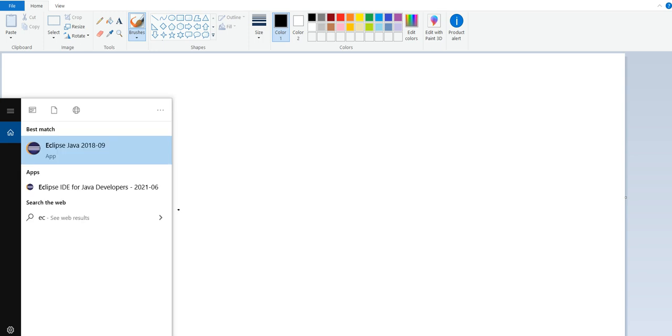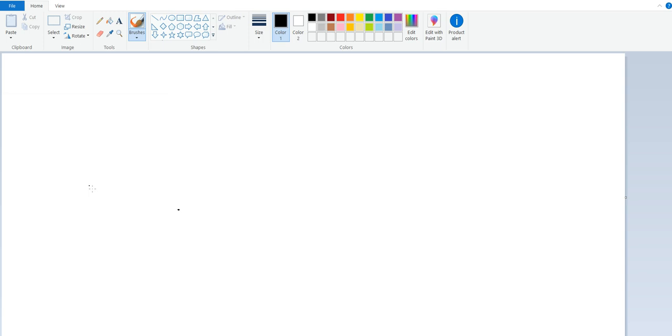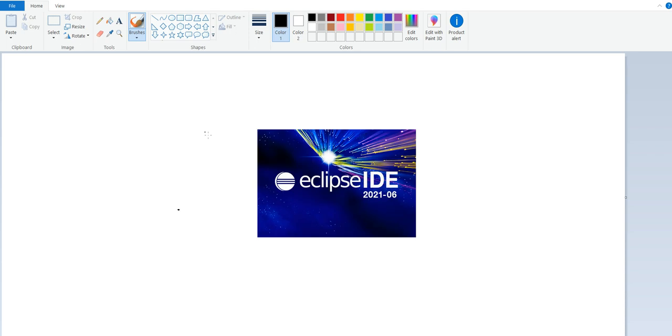I already installed it, as we saw last time. Once Eclipse has opened, we can create one sample application, write some basic code, and run it.